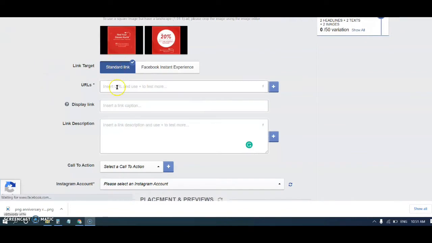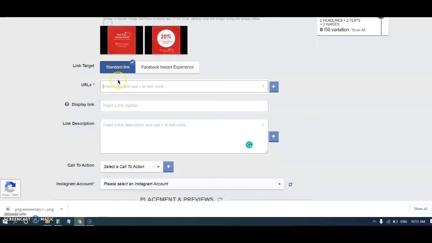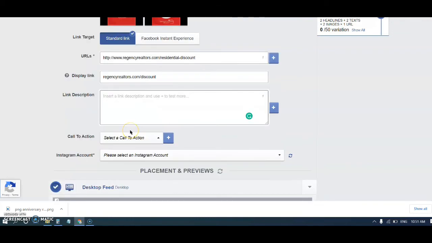Now move down and update the URL of your landing page here. Right? You can add a display link. Add a description for your ad.